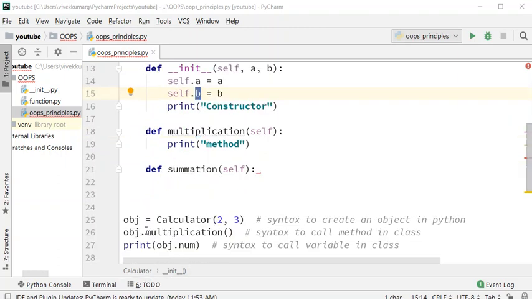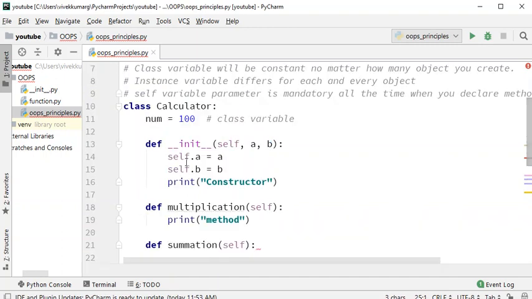So obj we have declared, right? When you create an object, this object will be passed as the first argument in your constructor, and we call it self in Python standards.